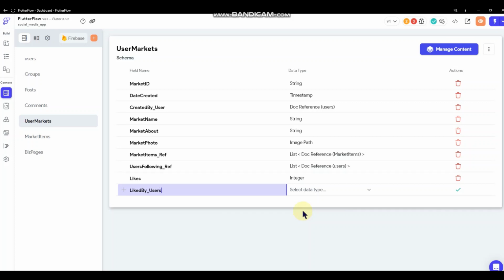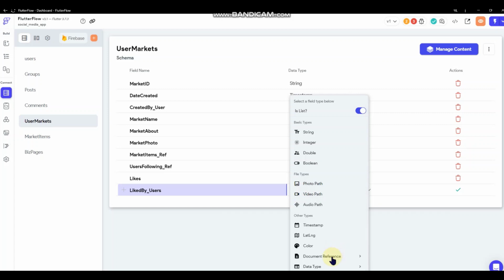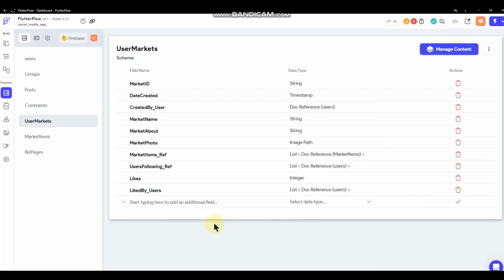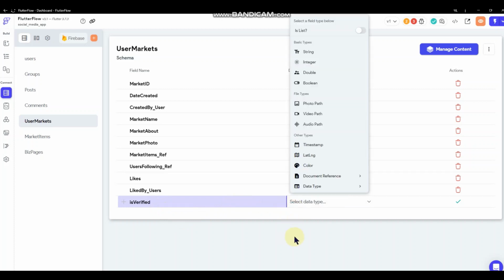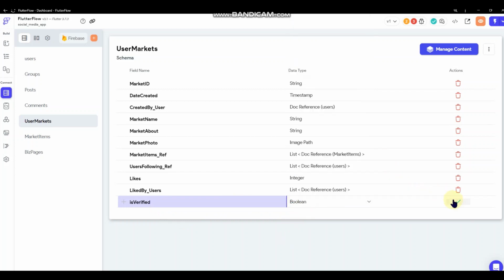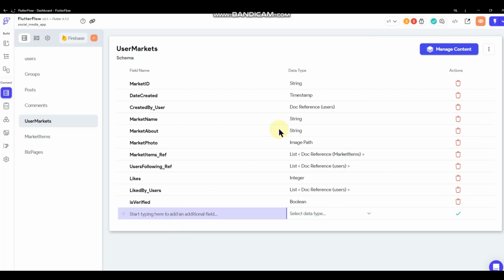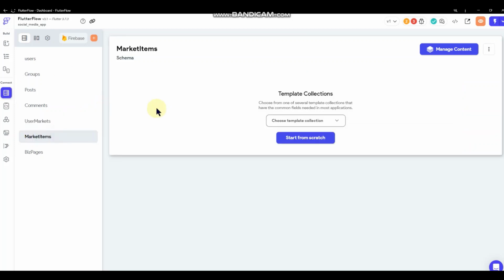Okay. Liked by users list. And I think that's probably good for now. Yeah, just leave that as it is for now. And we'll come back to it if we need to. Actually, we're gonna add an is verified. And we'll go ahead and, oh, no, I already did that. Okay. And then market items.